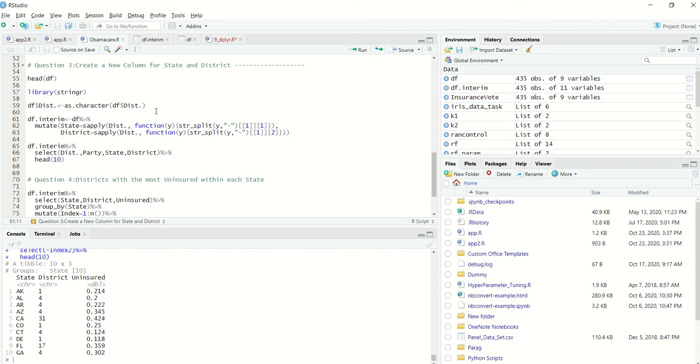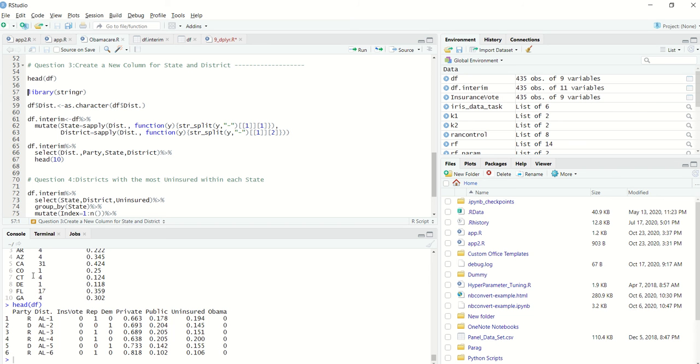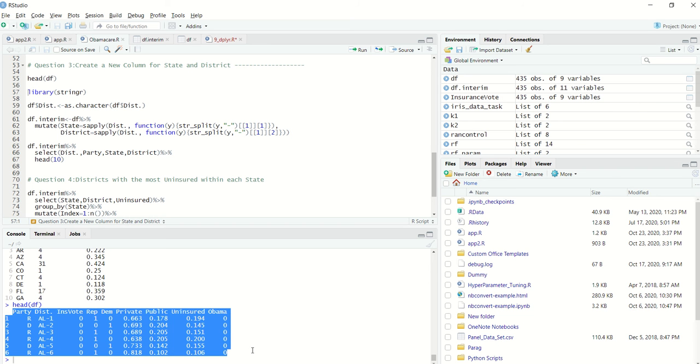In continuation with the previous video, we'll still continue to explore what else can be answered from the Obamacare dataset. So another question can be, as far as the billing percentage or the number of uninsured is concerned, how do different districts fare? So let's look at the original dataset, and we have been given private, public, and uninsured